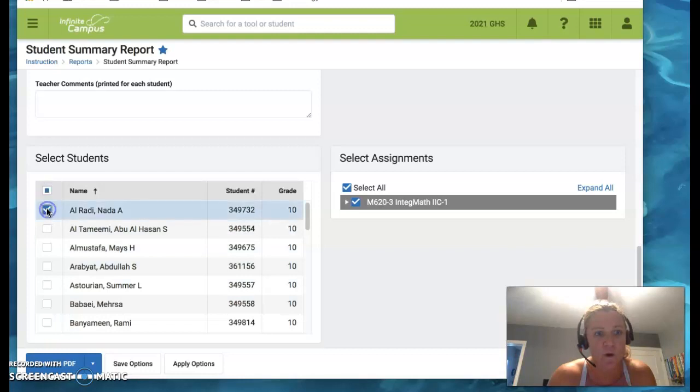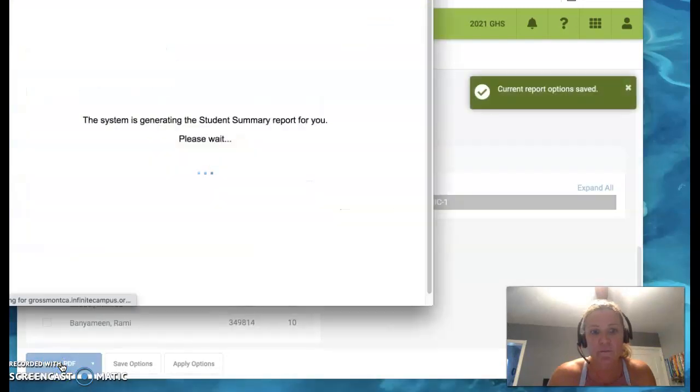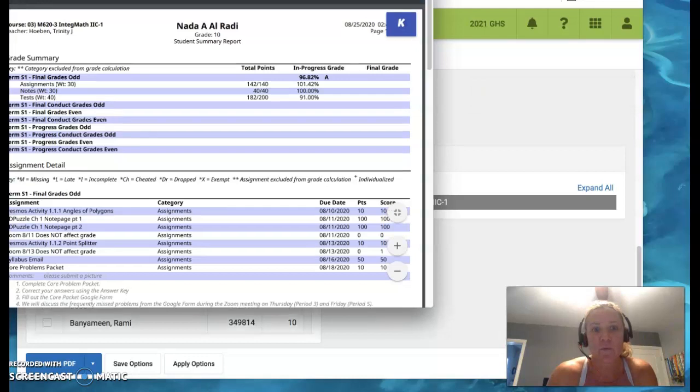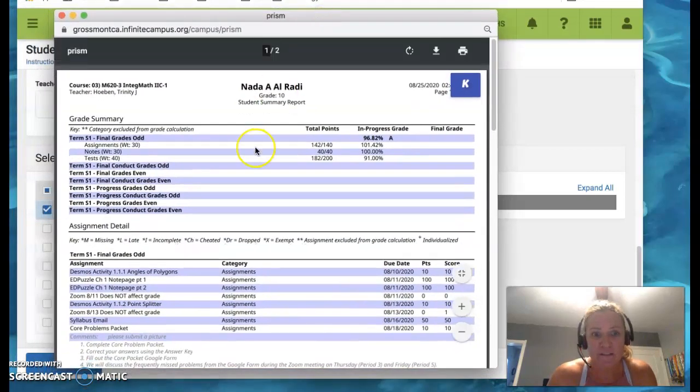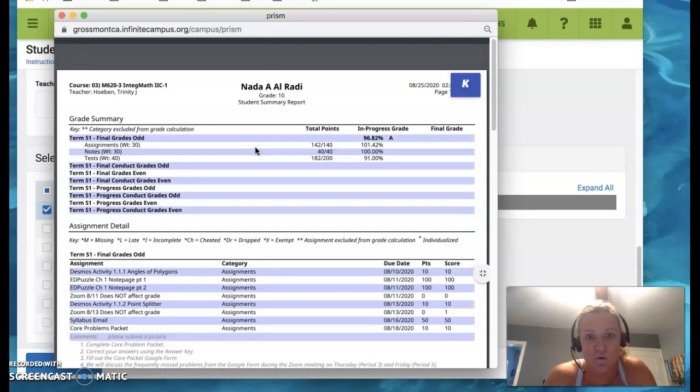So let's just say you want one student, unselect it, or unselect all of them, and then select just the one student you want. And then I say generate PDF, and it's going to pull up all the information for that one student, and it's going to show, let's see,